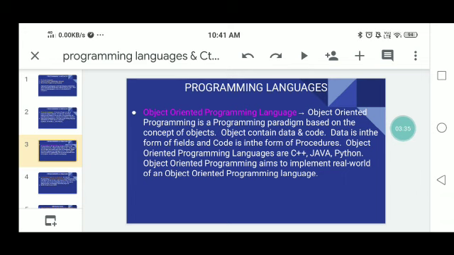You can write the code depending upon the data of that object, and that is called a procedure. Object oriented programming languages are C++, Java, Python. OOPS aims to implement real world things, that is, the objects.